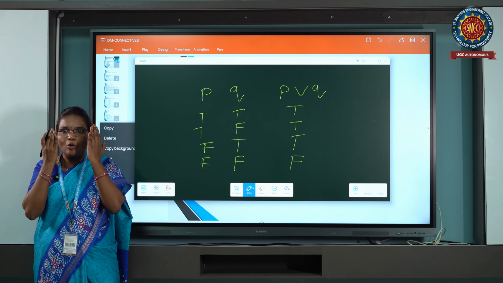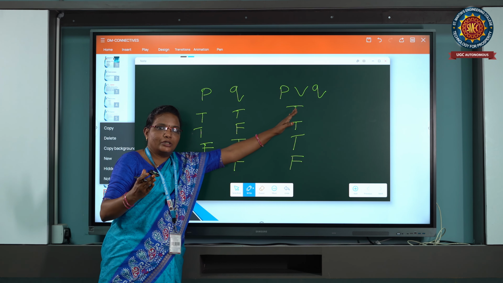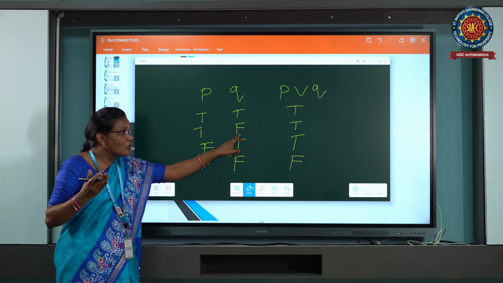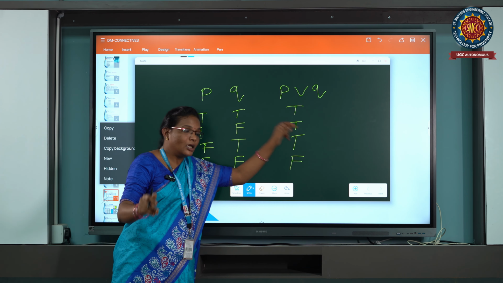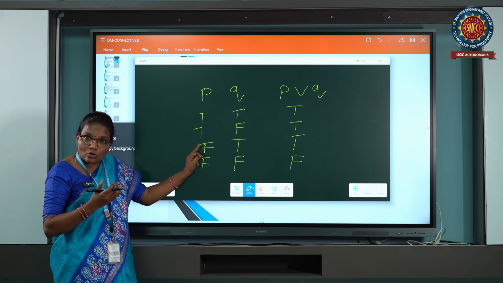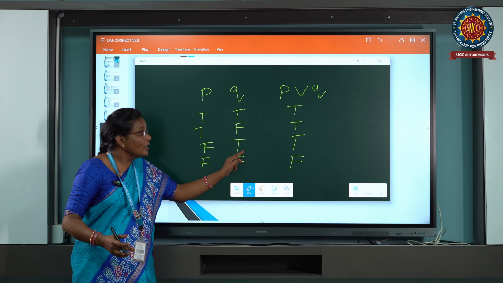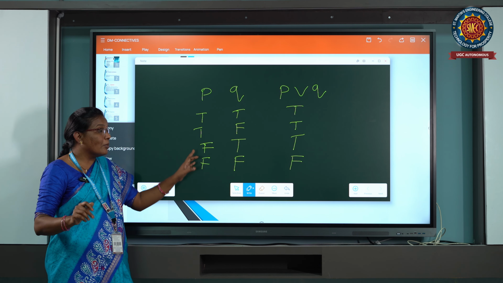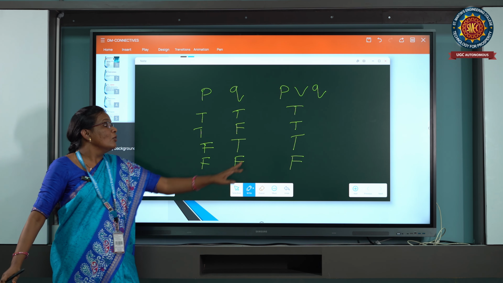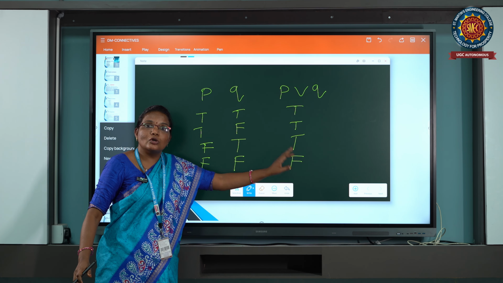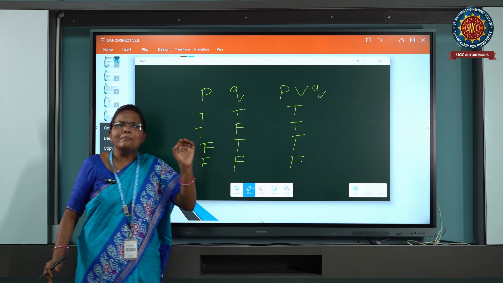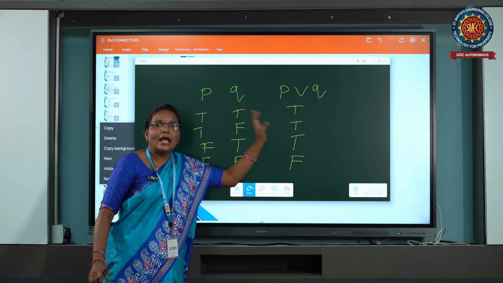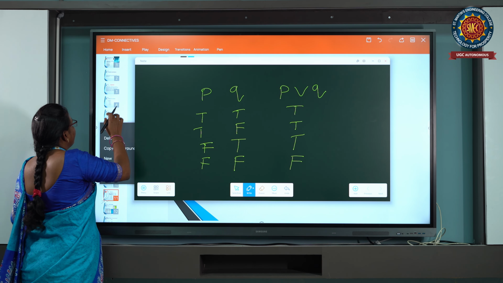If both are open, we can see the object. If the left eye is open and the right eye is closed, we can also see the object. If the left eye is closed and the right eye is open, then also you can see the object. If both eyes are closed, we cannot see the object. So this is one simple example to understand the truth table. And next, we'll go for the next truth table.